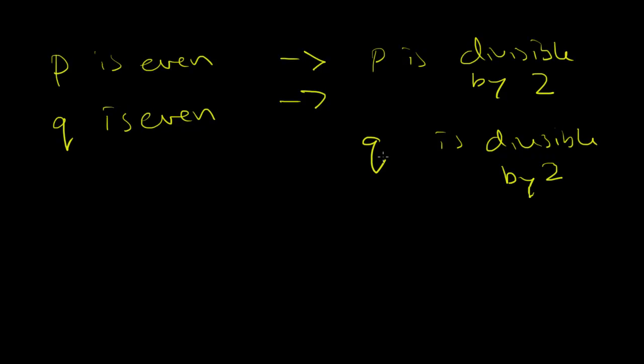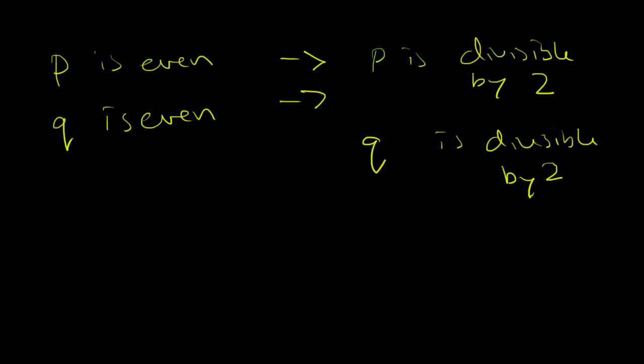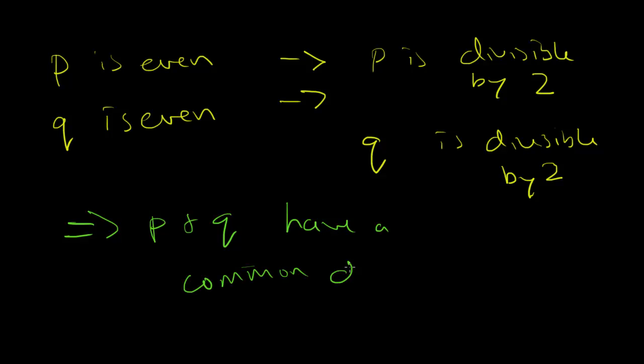Now, that may not seem like it's a big deal, but if we look at the original assumption, that p over q is in its reduced form, and that p and q are coprime, meaning they have no common divisors other than 1, then you'll see it doesn't make sense logically that could be true while also p and q are both divisible by 2, because that would mean they have a common divisor. So this whole section here implies, and I'll just go ahead and write it out, this implies that p and q have a common divisor